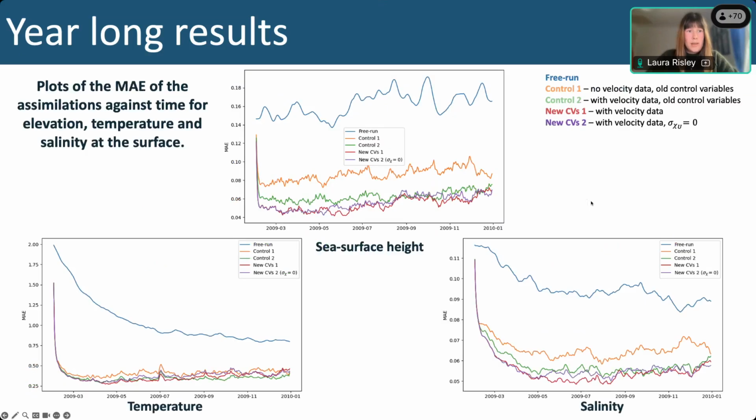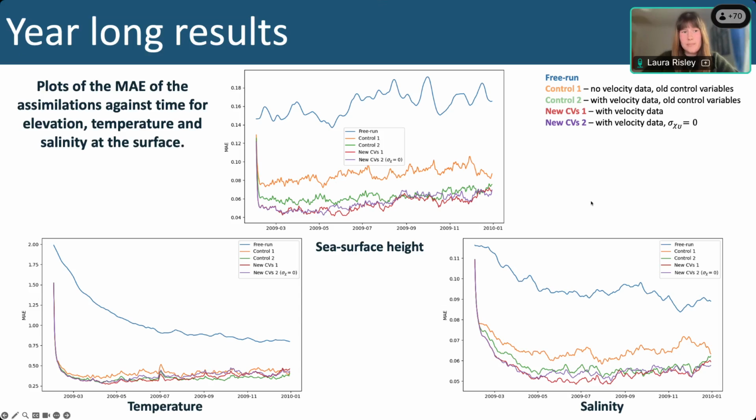So here we're providing plots for the same experiments, but now I'm showing sea surface height, temperature, and salinity. So less obvious with temperature, but for sea surface height and salinity, we see a very similar picture to what I showed on the previous slide. Introducing these velocity observations improves the error by quite a bit, and the introduction of our new control variables show